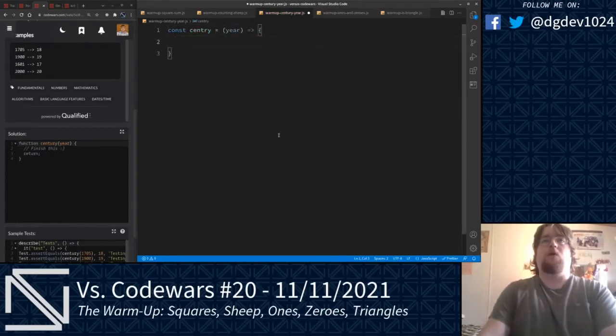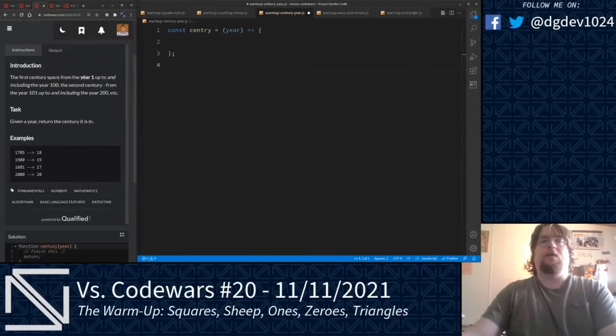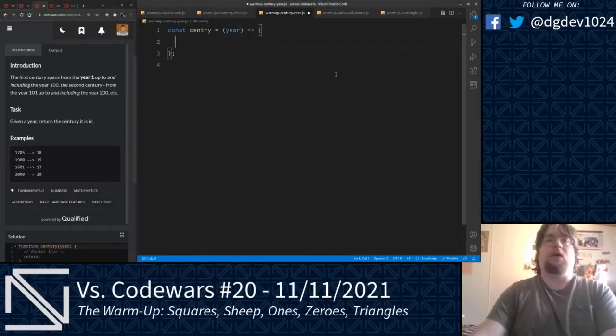What we're going to go ahead and try to do here is, it says in the kata, for the sake of this kata instruction, a century starts at x1. So, for example, the 19th century starts at 1801 and ends at 1900. The 17th century starts at 1601 and ends in 1700. So what we're going to go ahead and try to do here is,